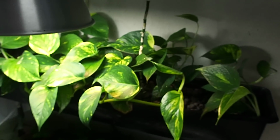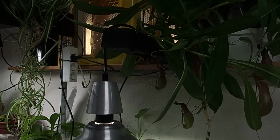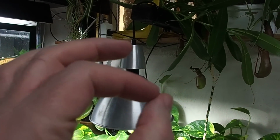I've turned off the filter on this just now, just because it's a little bit noisy. Pothos is growing absolutely fantastic. I do have plans to change the light on this, and I was thinking, will I do it today or will I do it tomorrow, but I'm kind of struggling for time, so I'm kind of rushing this video out